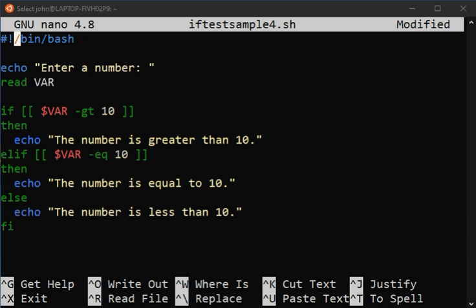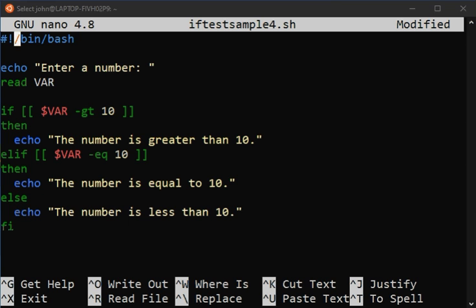So in the previous video, we used and demonstrated a simple if statement. Then we also tried another syntax of if, the if else statement. So in this video we will discuss a more complex, more technical, quite advanced if statement using the